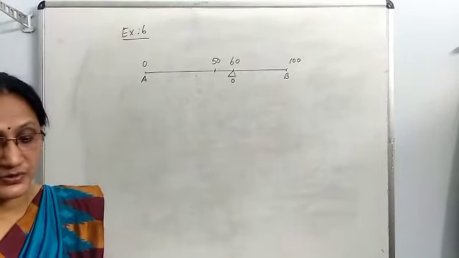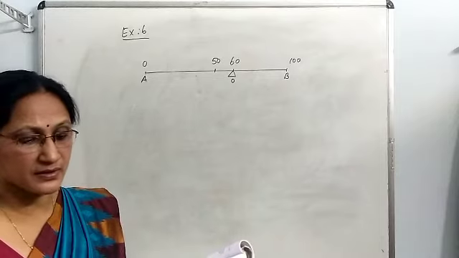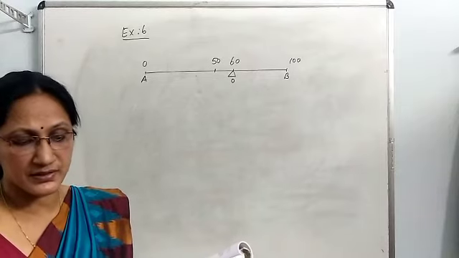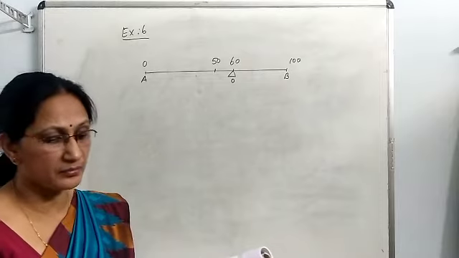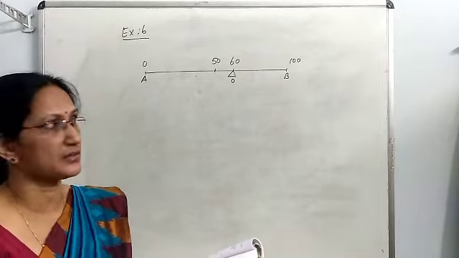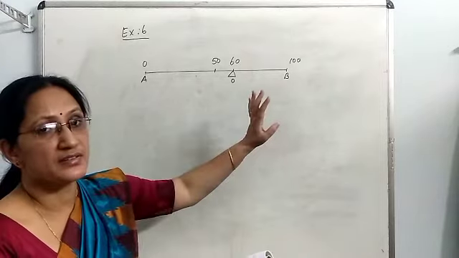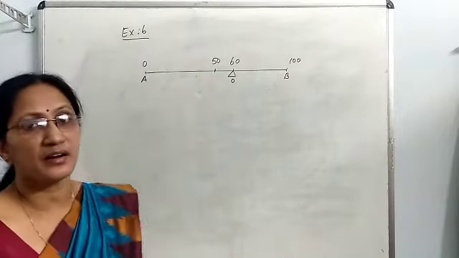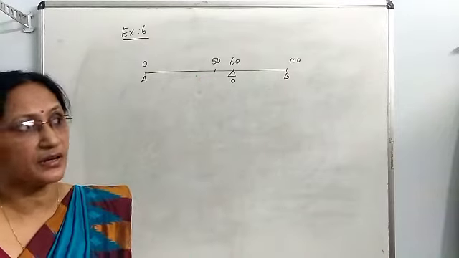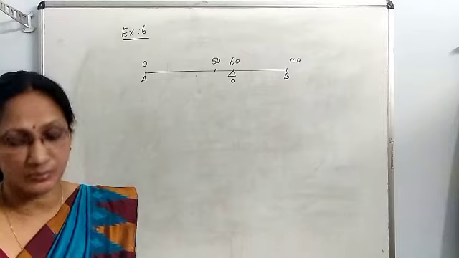So I will write out the question. A uniform meter scale rests horizontally on a knife edge at the 60 centimeter mark when a mass of 10 gram is suspended from one end. From one end it is given. We don't know at A or B. Somewhere 10 gram mass is suspended. Thereby the scale is able to balance.